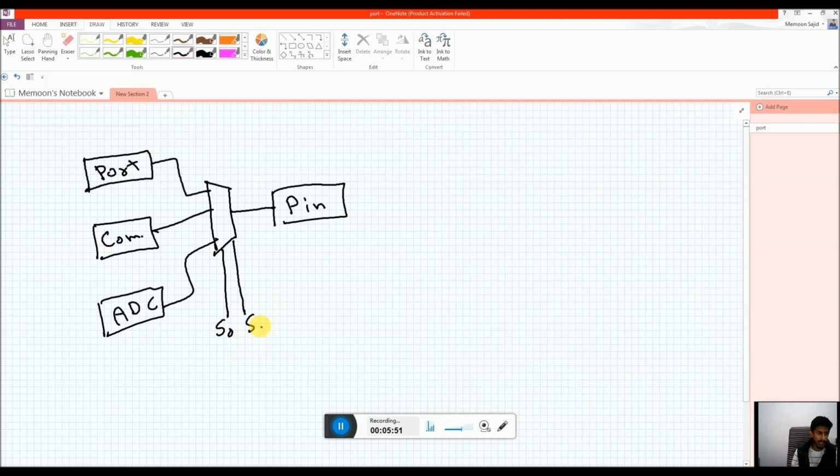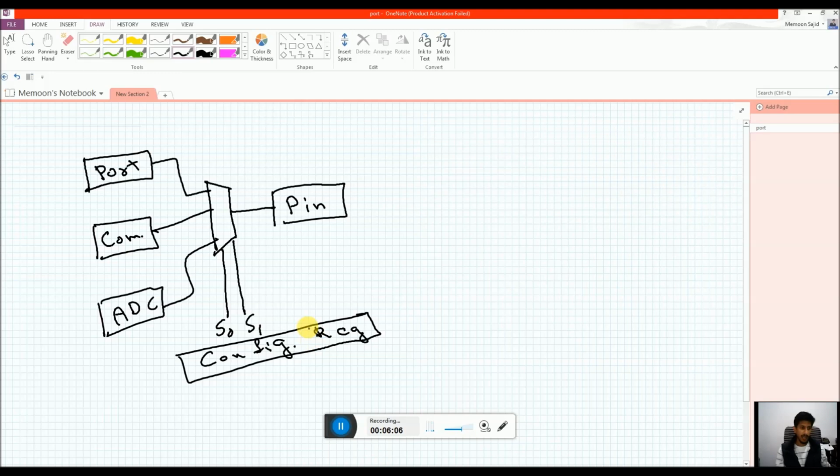These select pins are actually inside some configuration register. There are many configuration registers in the PIC microcontroller, and their main task is to select the functions of a specific pin or a specific peripheral. They can be used as control to select the function, and they can have some bits that are status bits to tell the status of a certain peripheral or a certain pin.